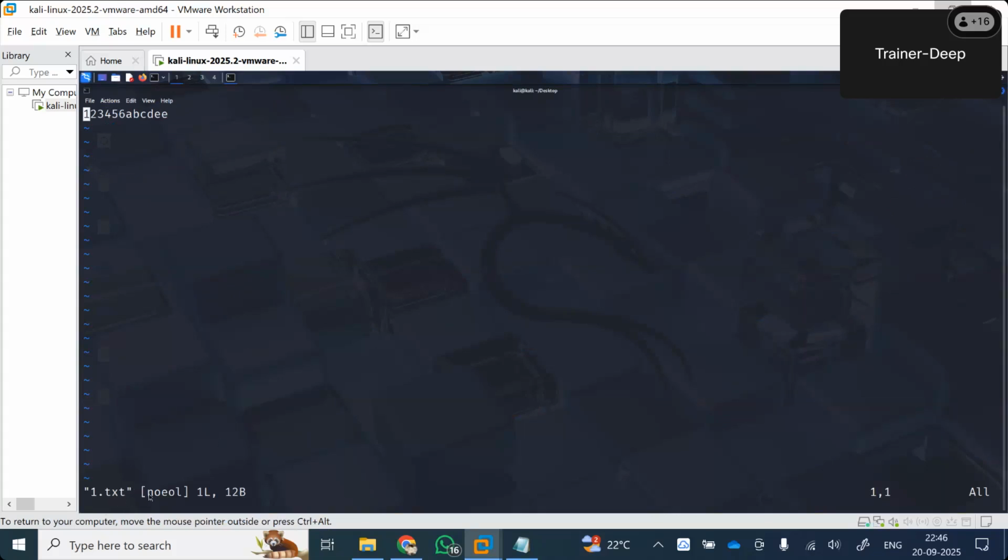Now, look at the change, guys, at the last. I am pressing I from the keyboard. Insert. Now, you type it. Once you type it, you need to go back. So, how should you do it? Escape button. Escape. Now, after that, colon WQ to save and exit. Colon WQ. Enter. Now, again, if you check cat 1.txt, see,